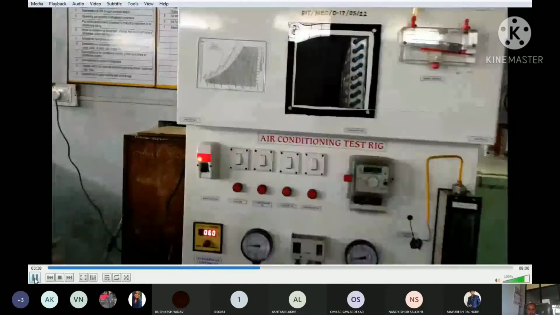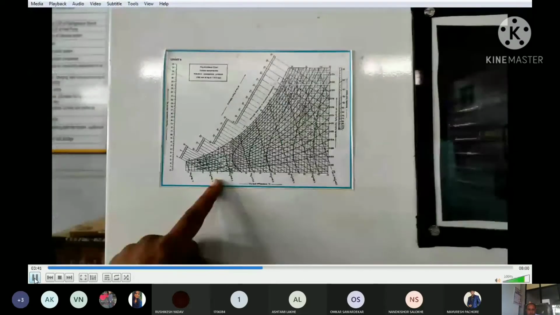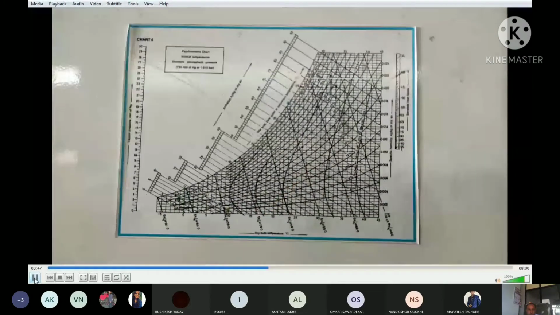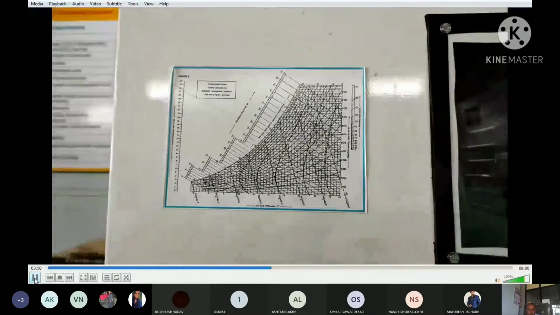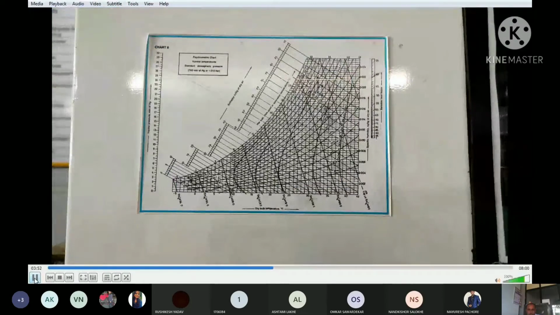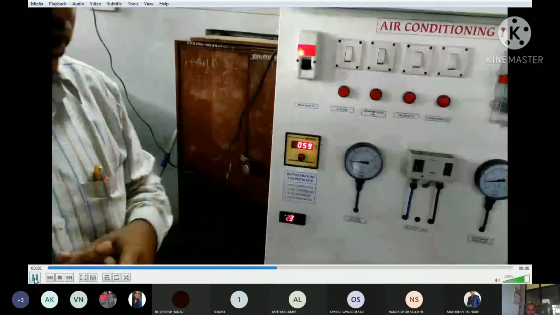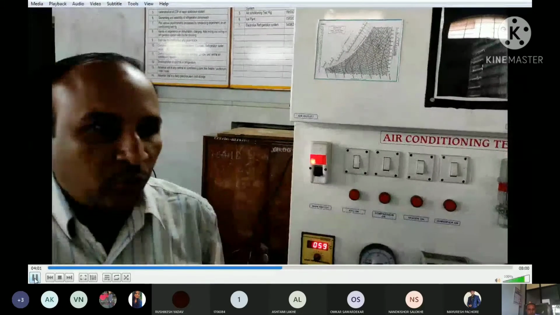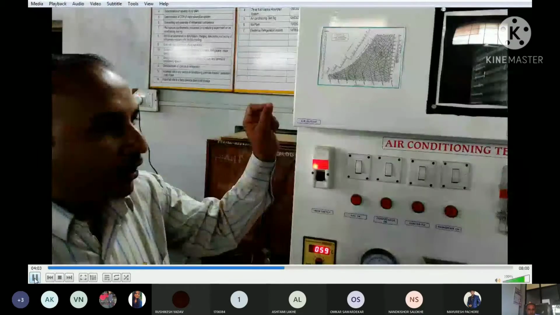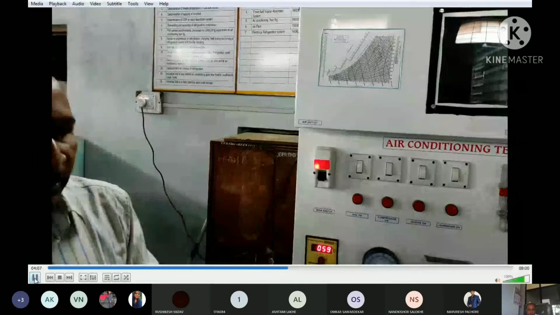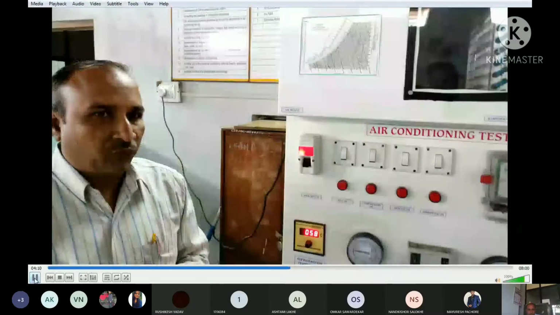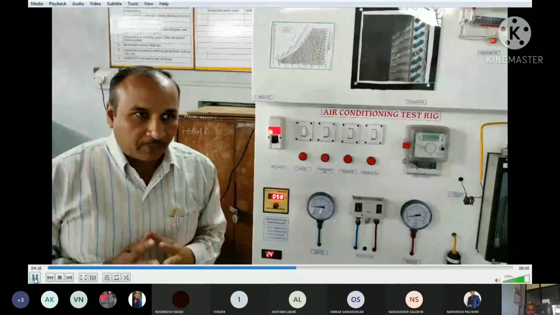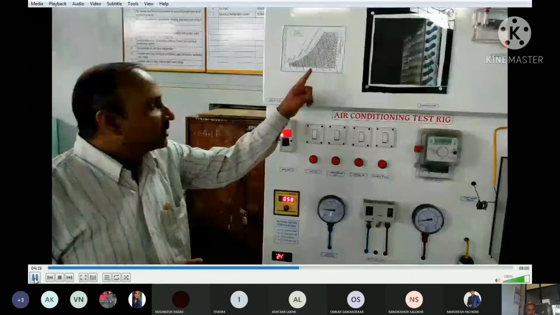Now, the question comes up here. There are psychrometric charts like this. This is a psychrometric chart. If you want to plot any point on this chart, how do you plot it? How many properties are required to define any one point on this chart? If the substance is pure, then we require only two properties to define any point. But moist air is a mixture of two fluids, that is, one is air and another is water vapor. So how many properties are required to define any one point on this chart?